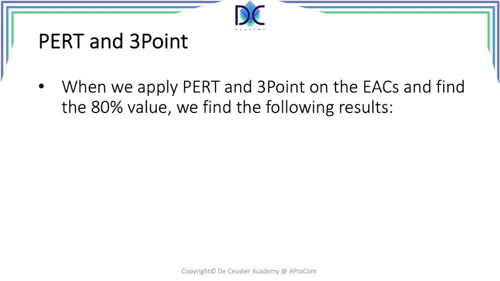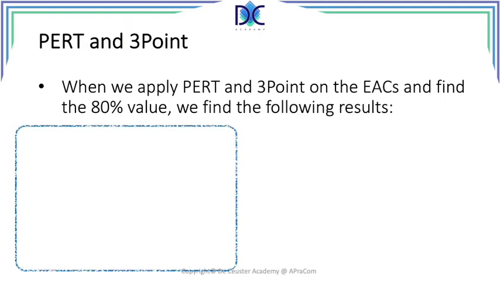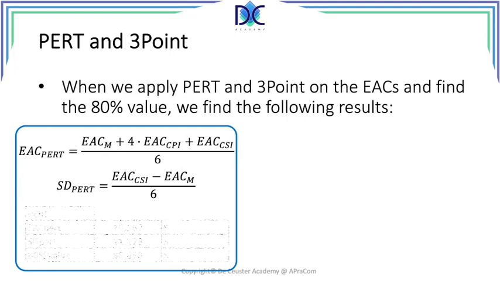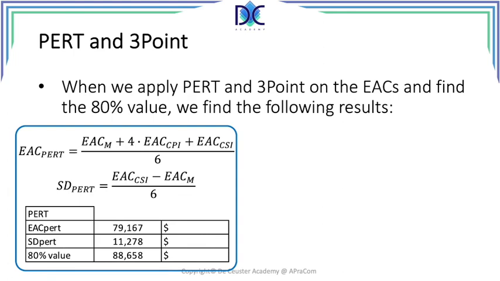Like we said, we try to have about 80% certainty, or only 20% uncertainty, about the estimate, and we can calculate this. Now, when we use the PERT formula, we find the estimate at completion as optimistic plus 4 times probable plus the pessimistic, divided by 6, and we find the standard deviation as the pessimistic minus the optimistic, divided by 6. When we do that, we find the estimate at completion with the PERT formula at 79K approximately. The standard deviation is around 11.3, and the 80% value is